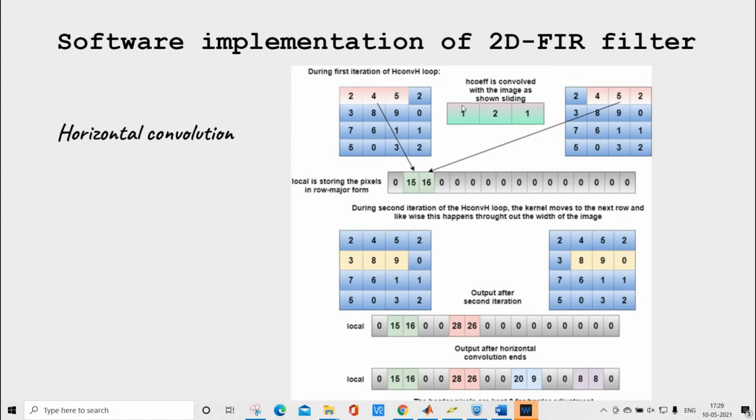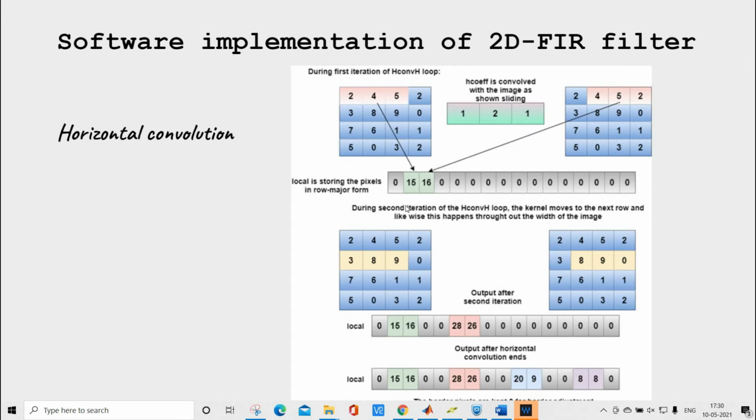At first, this 1 2 1 is over this highlighted pink portion, which is 2, 4, 5, and the normal convolution operation, that is 2 into 1 plus 4 into 2 plus 5 into 1, that is 15, is calculated. Similarly, in the next iteration, this window of pixels gets shifted by one position, and it is now at 4, 5, 2. Here also the same convolution operation happens, and the resultant value 16 is produced.